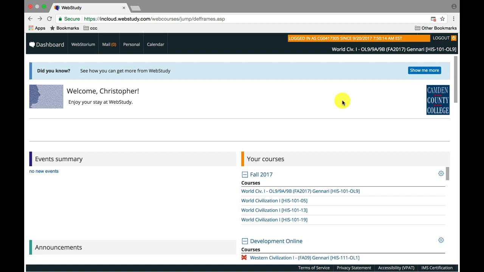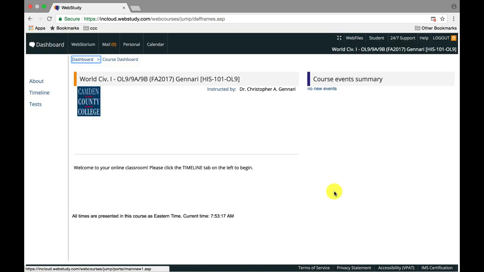Okay, so when you log in, this is the screen you will see. It will have your courses that you're currently in. You go to our current course, OL9, and this is what you'll get. The big thing that's going to be here, this will not be populated ever. So the big thing is these three things. These 3 points. Now, the about,